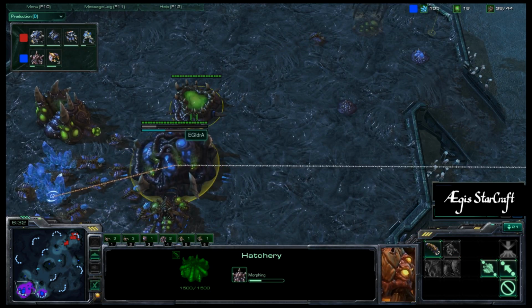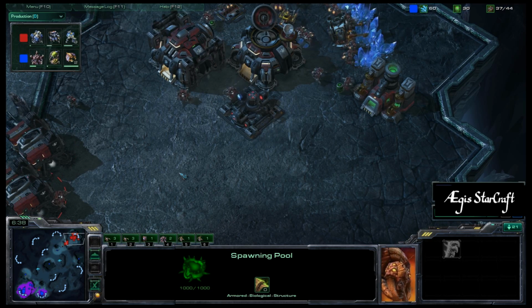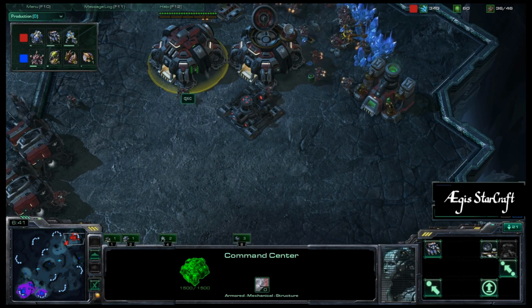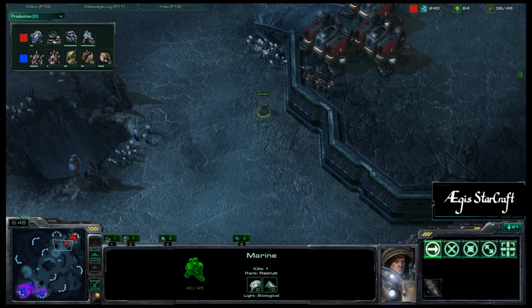A lair is now on the way for Idra, and it does look like QXC is grabbing a factory. Going to start teching up a little bit. We'll see when he decides to float his new command center out. That one marine still playing chicken with the